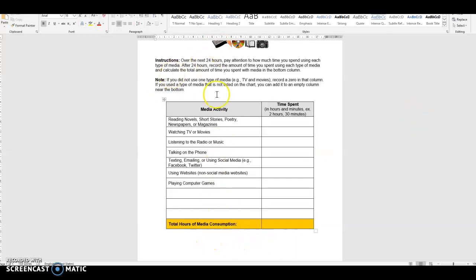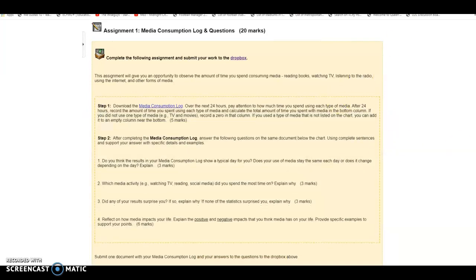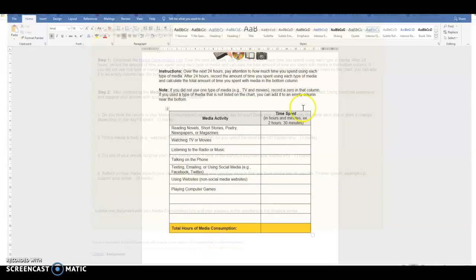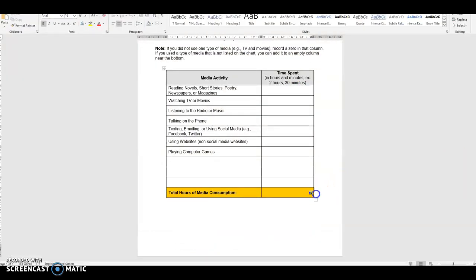Once you're done that, then there's going to be some questions to answer. So step 2 says, after completing the media consumption log, answer the following questions on the same document below the chart using complete sentences, and support your answers with specific details and examples. And so below this chart, just go down